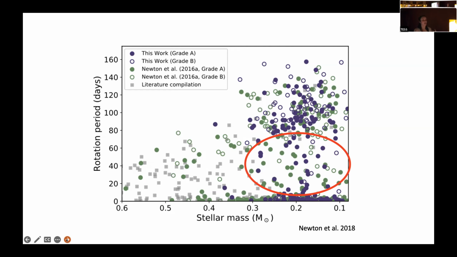Because if spin down was a very slow, gradual process, you would see stars filling in this gap entirely. You wouldn't see two peaks. So spin down must occur rapidly. And based on galactic kinematics, it's thought that this transition happens around 2 to 3 gigayears on average. But it's an open question whether it's happening at the same age for all these stars, or if some are spinning down earlier and some are spinning down later.